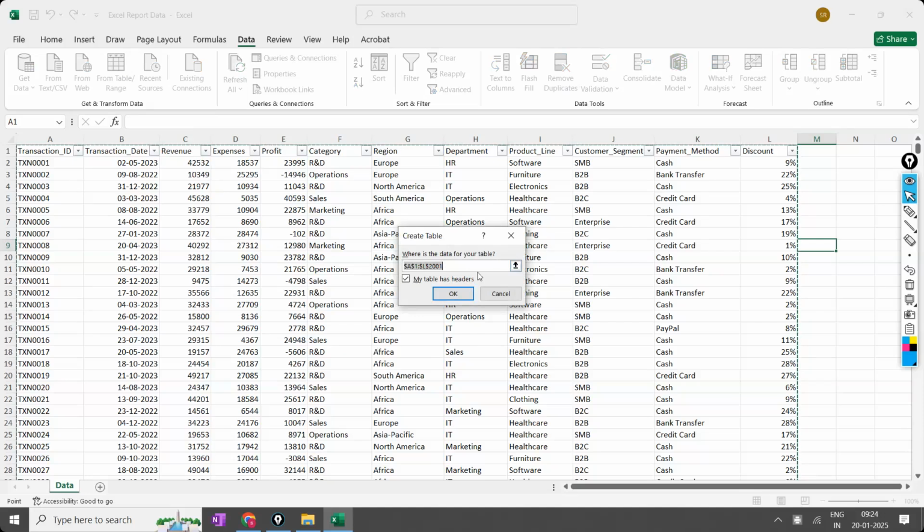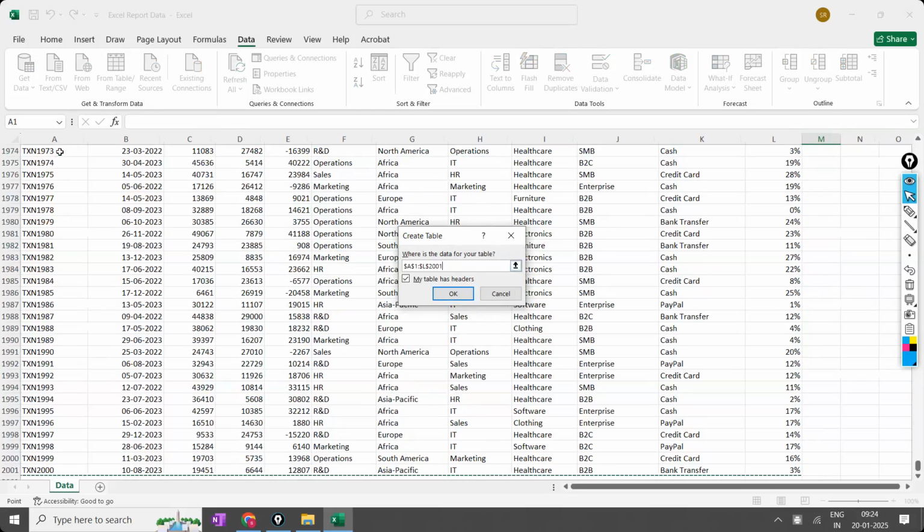Or if it has not selected, then I'm going to select the first cell and click on Shift plus Control plus right arrow, so that it takes the right side. Similarly, Control Shift plus down arrow, so it is going to take the complete data. And once I take this data and click on the OK, observe,